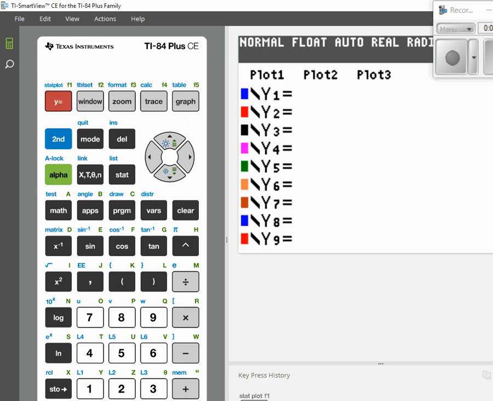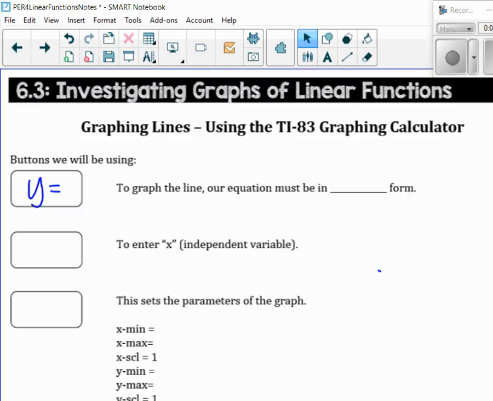you'll see that, right? Of course, mine's in color. Yours might not be. It depends on how fancy your calculator is. Okay, so to graph the line, our equation must be in y equals form. So hopefully you're good at being able to manipulate your equation, because that's a skill you'll need to actually use that. So to use the x, there is an x